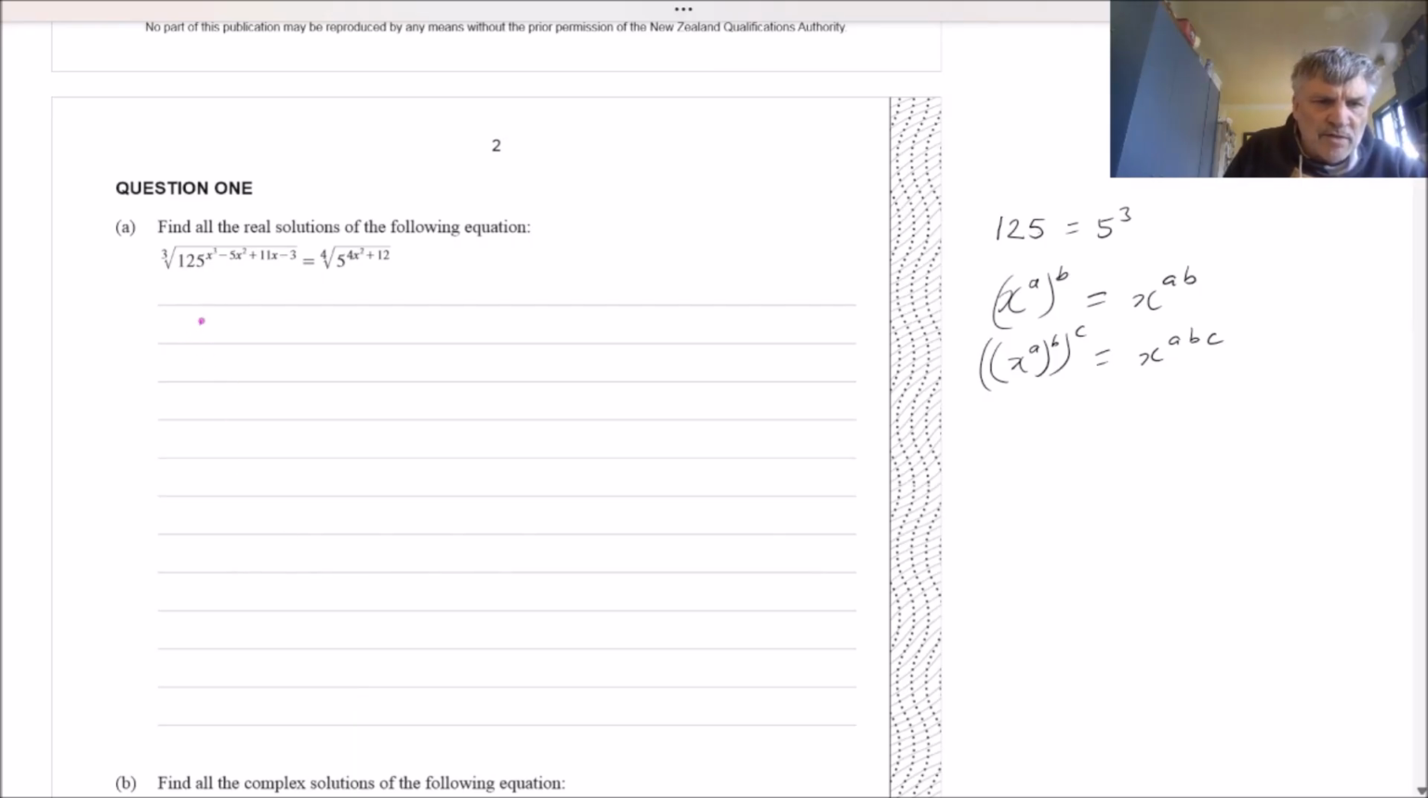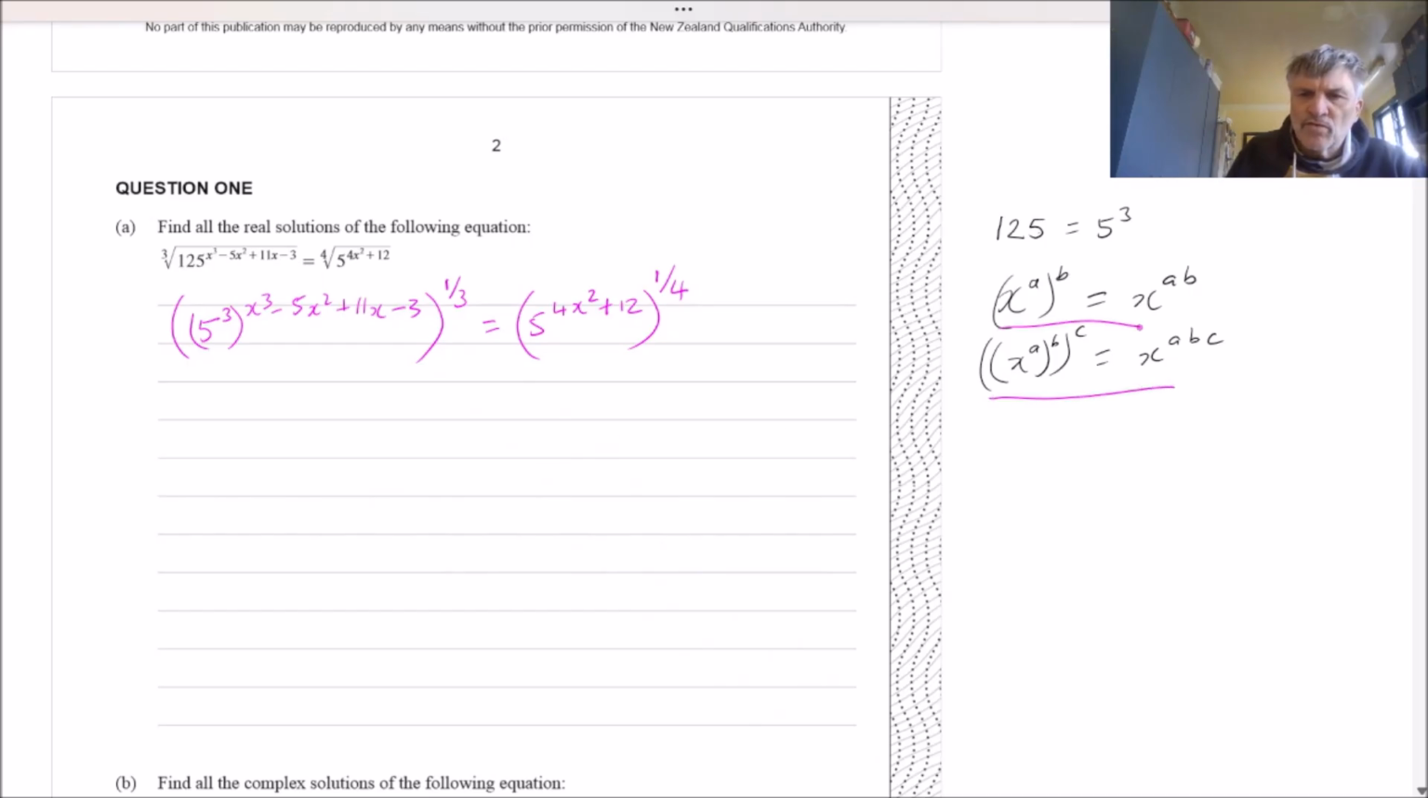So if we just rewrite this, rewriting 125 as 5 to the power of 3, all to the power of x cubed minus 5x squared plus 11x minus 3. It's the cube root. A cube root is the same as the fractional power 1/3, and that's equal to 5 to the power of 4x squared plus 12, and all of that is a fourth root, which is the fractional power 1/4. Now, applying this rule and this rule to both sides,